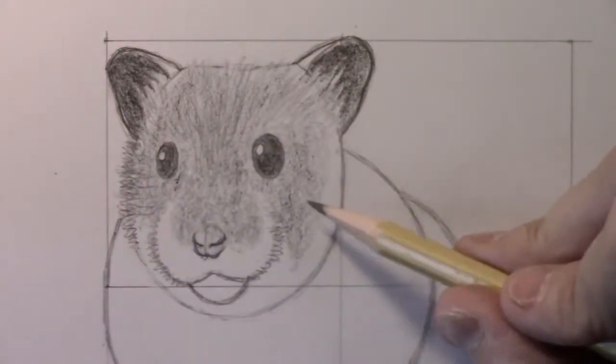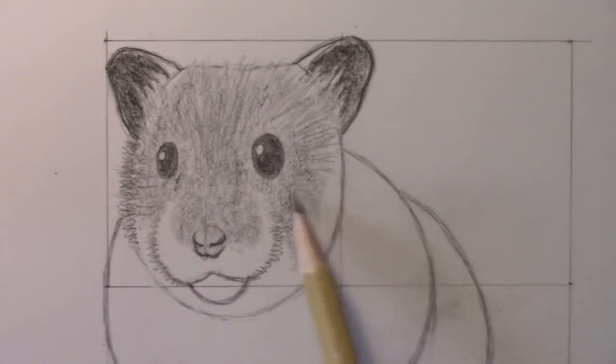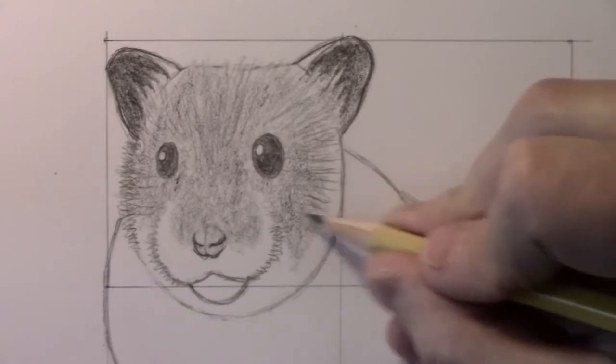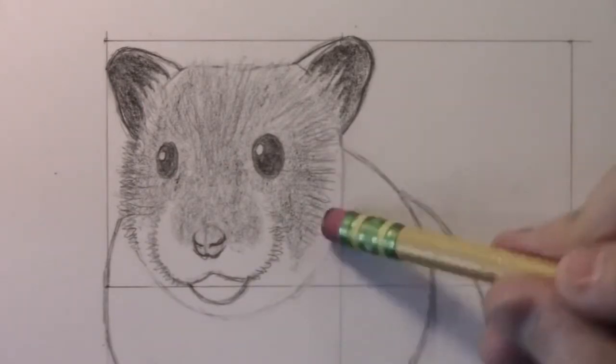So if you're ever wondering what direction these lines should go in, just remember that idea of the spokes of a tire, that as you come down here towards the lower section, the fur reaches a horizontal point and then it begins to point down like so. And definitely over here, I made this line, it's almost like a placeholder line,